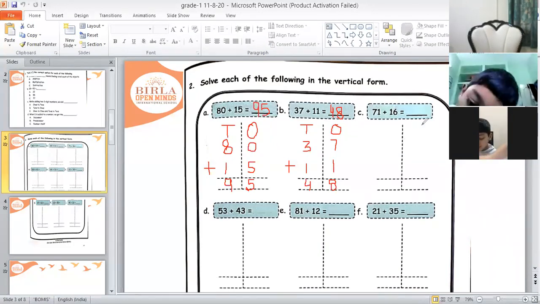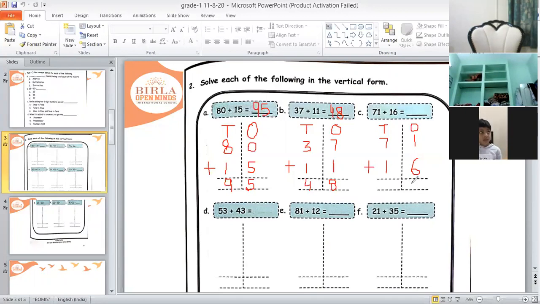Okay, now that's fine. So first we will arrange these two numbers in ones and tens form. So children, this O, again I'm repeating, stands for ones and T stands for tens. So here we will write this 7 in tens place and 1 in ones place, and your next number is 16. So we will write this 1 in tens place and 6 in ones place. And you all know how to find out which number is in ones place and which is in tens place. We did this in theme 1, right?